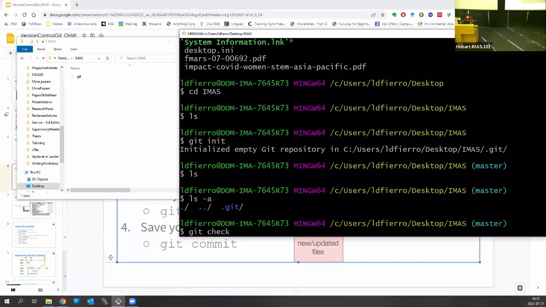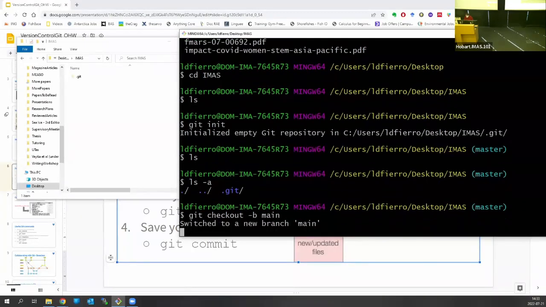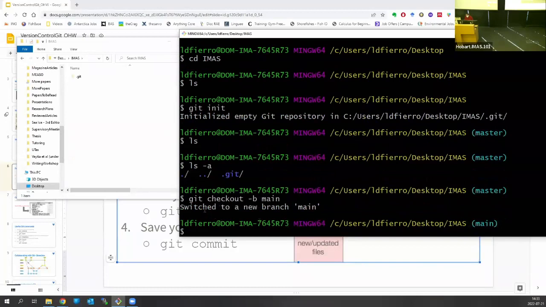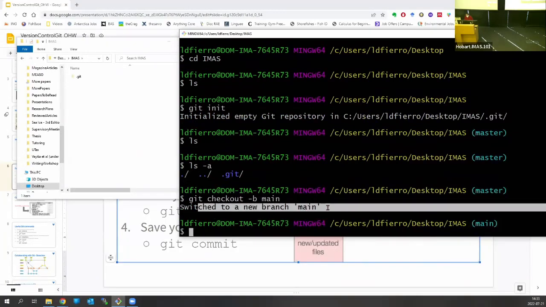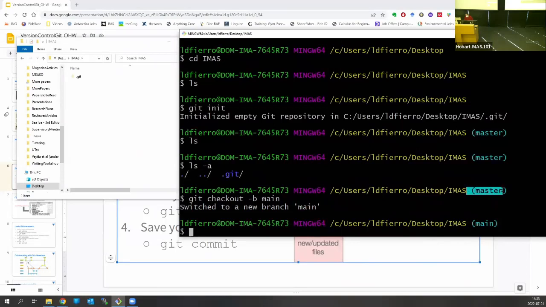So we use git, we're going to use the option checkout, and we're going to use -b, and I'm just going to call it main. This is how I change that name from master to main. If I press enter, it says we've switched to a new branch, and it's called main. And now you can see that it went from master to main. This is not necessary, it's just if you ever want it. You can name it whatever you want, but that's kind of what